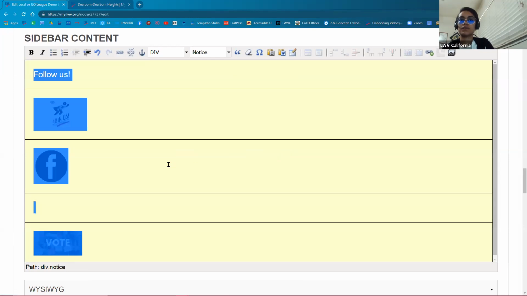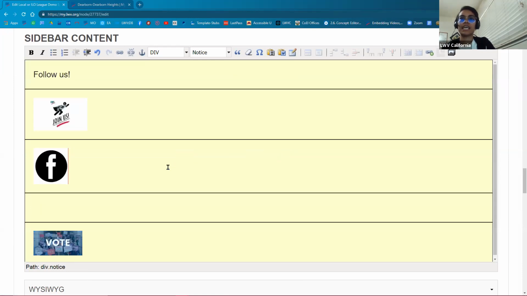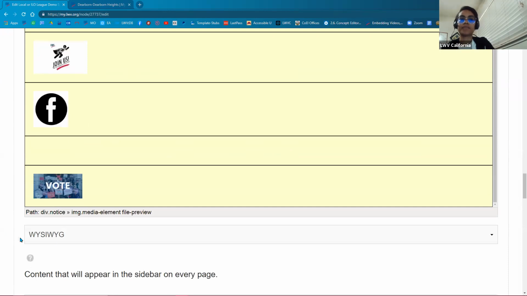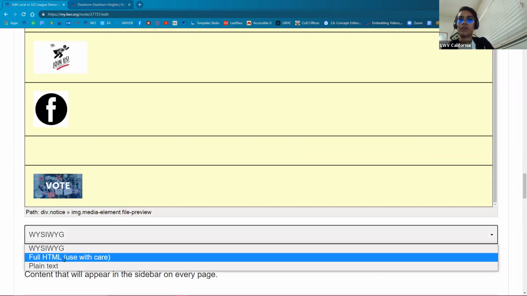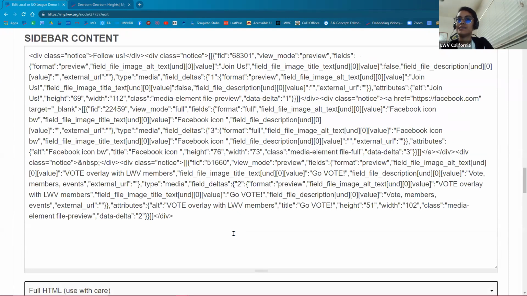Okay. So with everything highlighted that I want to see inside of that yellow box, I have chosen notice. And actually, now I'm realizing that it did take a little bit of HTML tweaking to get these little separators, the little separations, from displaying. So in order to get those to disappear, it did require a bit of tweaking on the full HTML side. So essentially, to give you an example,